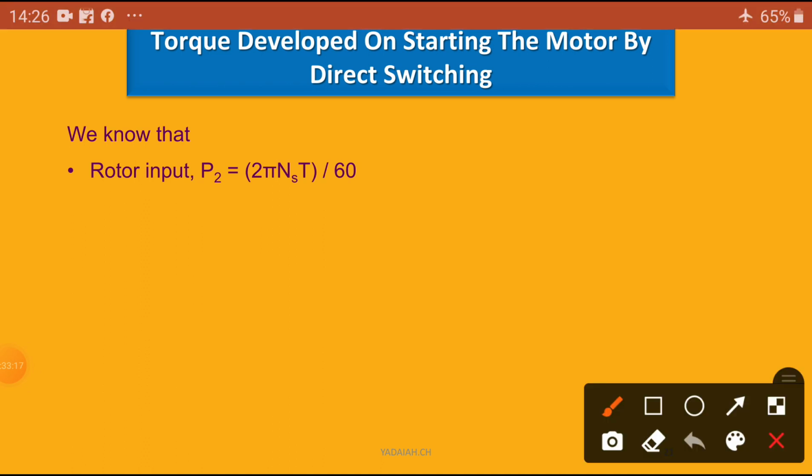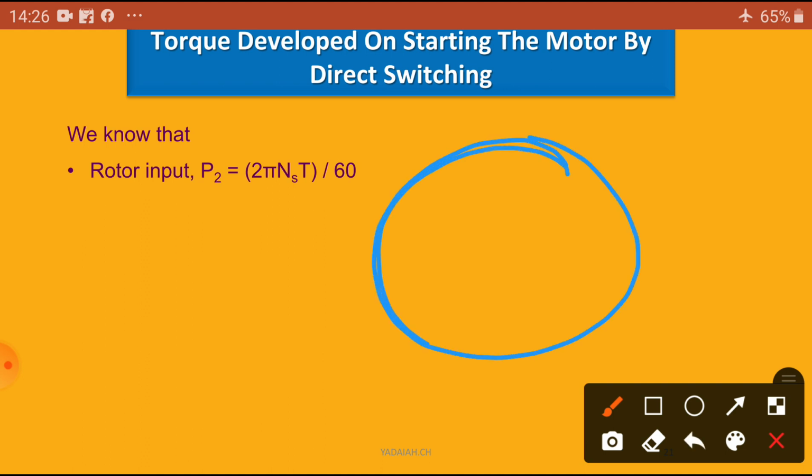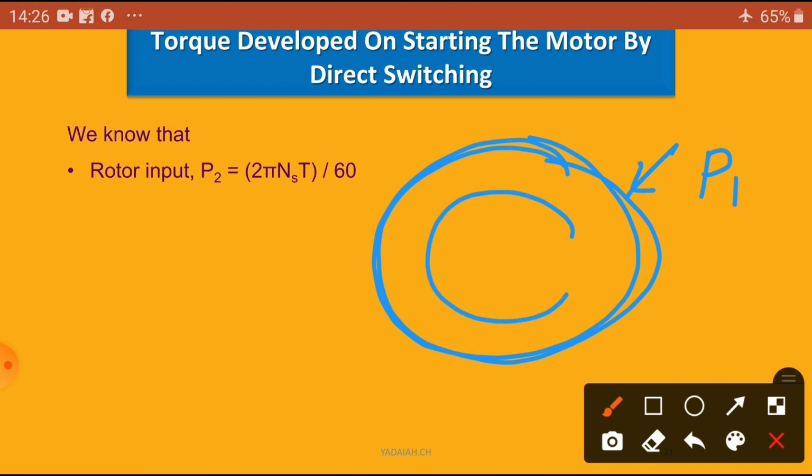As we know, from the stator, the primary input P1 is given, that is root 3 VL IL cos phi, and from this the P2 comes. P2, the rotor input, is P1 minus stator copper losses. P2 is the input to the rotor, the output of the stator.